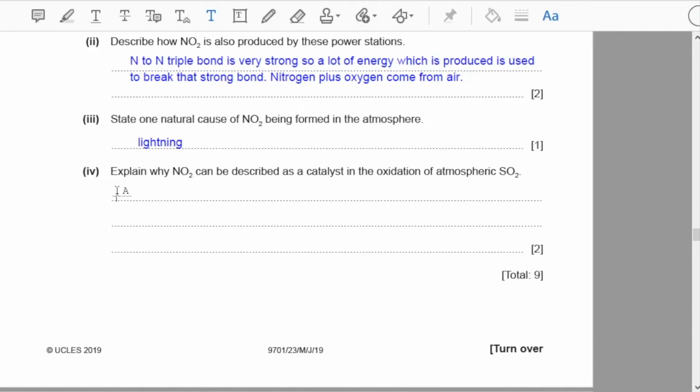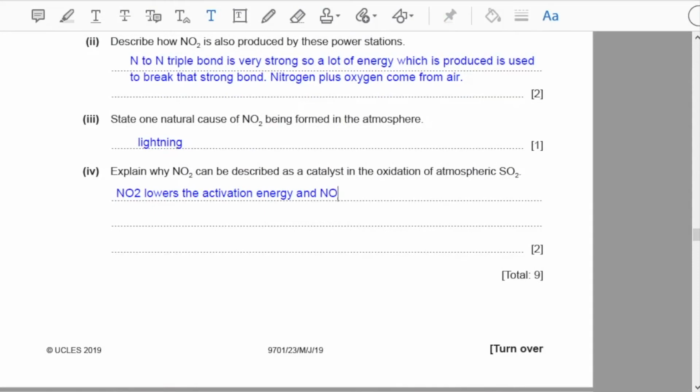Part 4, explain why nitrogen dioxide can be described as a catalyst in the oxidation of atmospheric sulfur dioxide. So what is a catalyst? A catalyst is a substance which speeds up the reaction but remains chemically unchanged. And so does nitrogen dioxide in this reaction. So I'll write nitrogen dioxide lowers the activation energy,